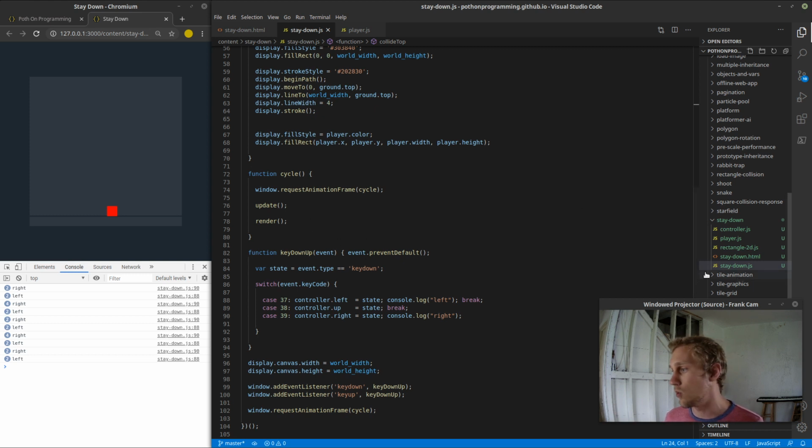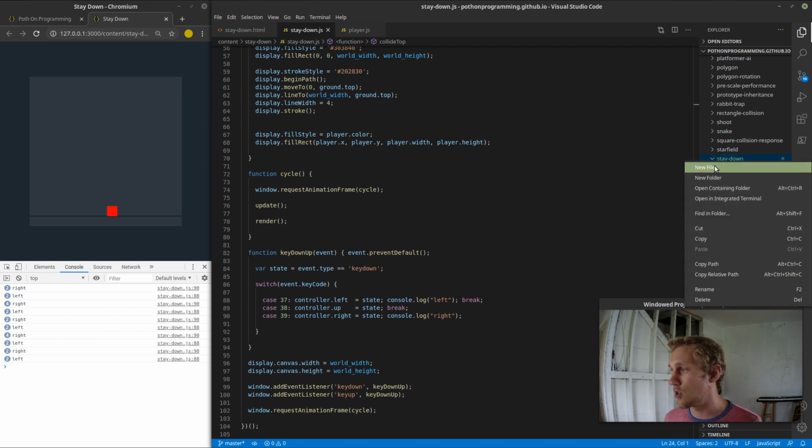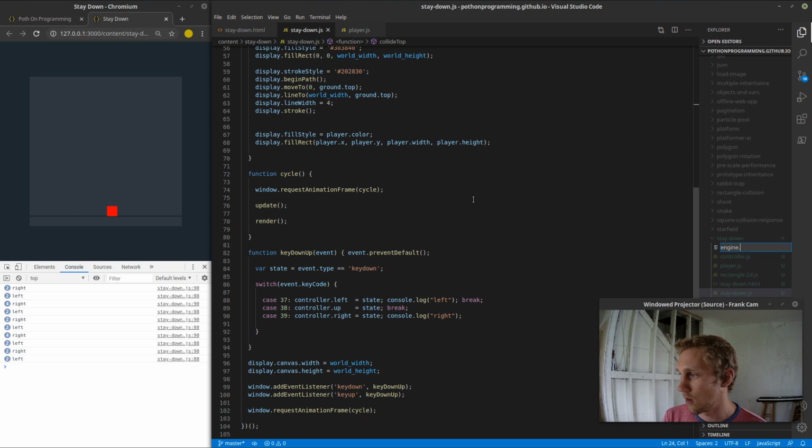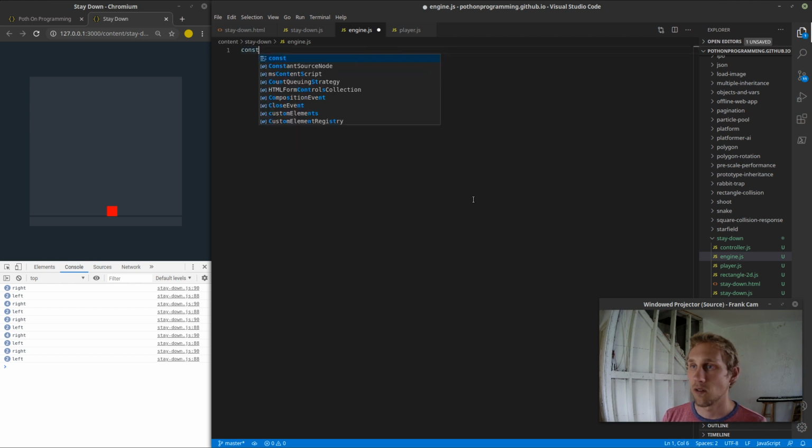So the first thing I need to do, and now we're actually going to start writing some real code, is make a file called engine. Engine is what I'm going to call the object that takes care of the fixed time step loop. I would normally make a class for this, but for our purposes for this project, we're just going to make a single object, and it's not going to be a class because we're only ever going to need one, hopefully. So engine equals an object literal,